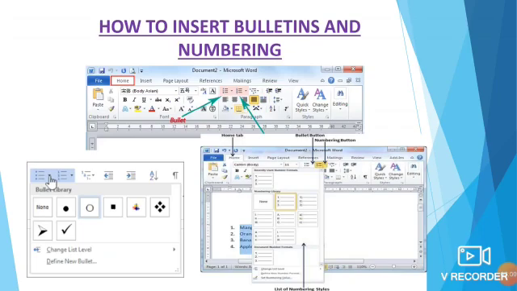You have to go to this icon on the document page and click on the bullet if you need a bullet, or if you want numbering you can click on numbering. If you don't want to use that, you can click on the option none.